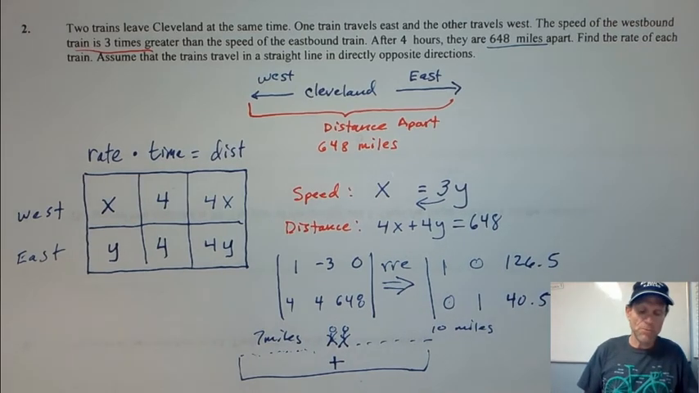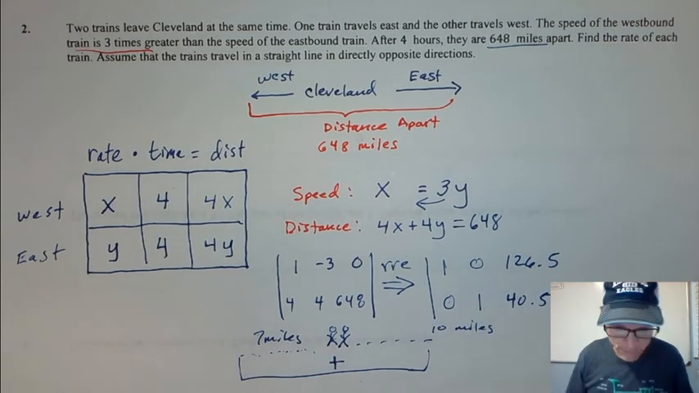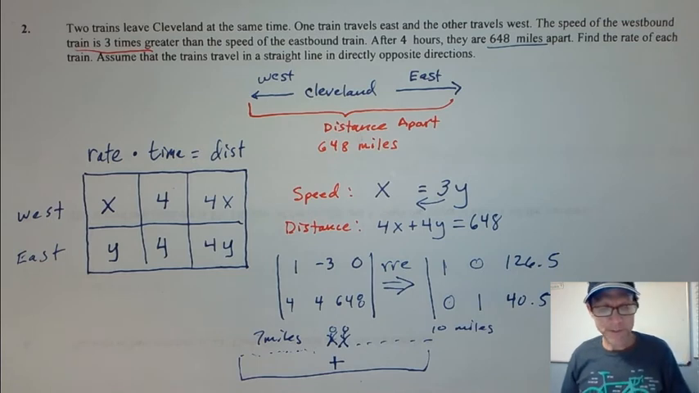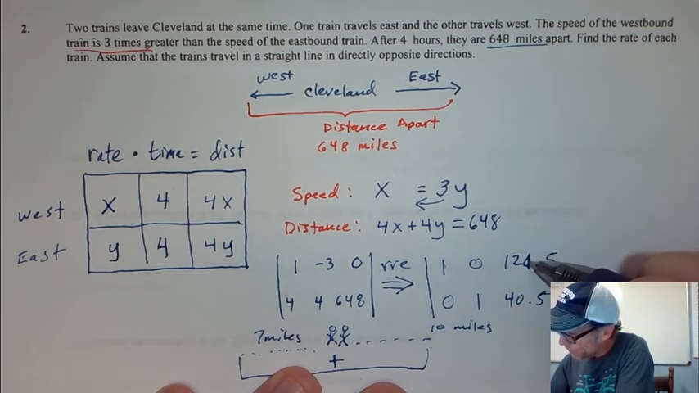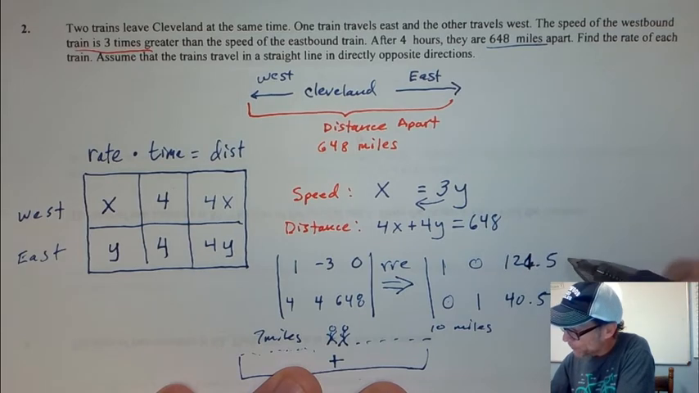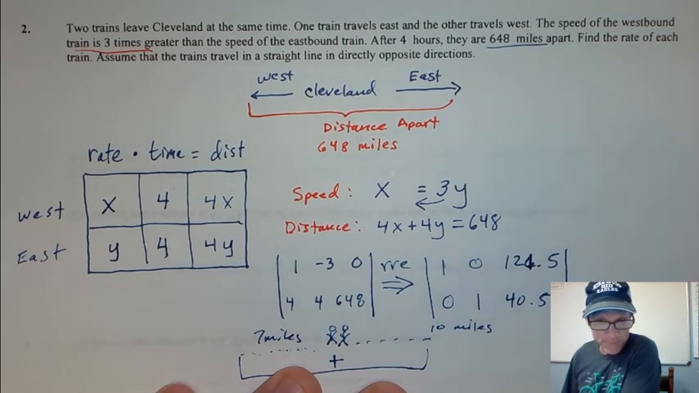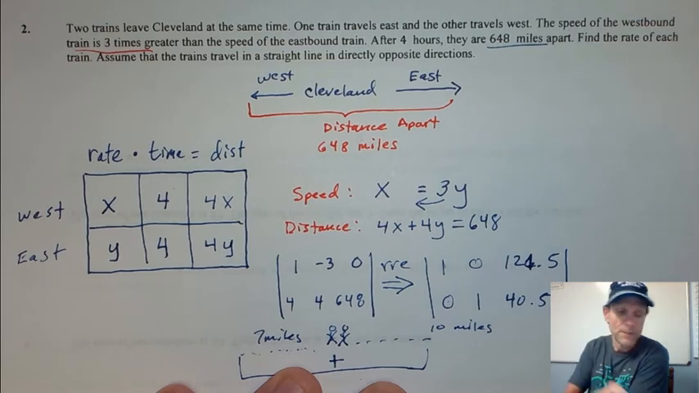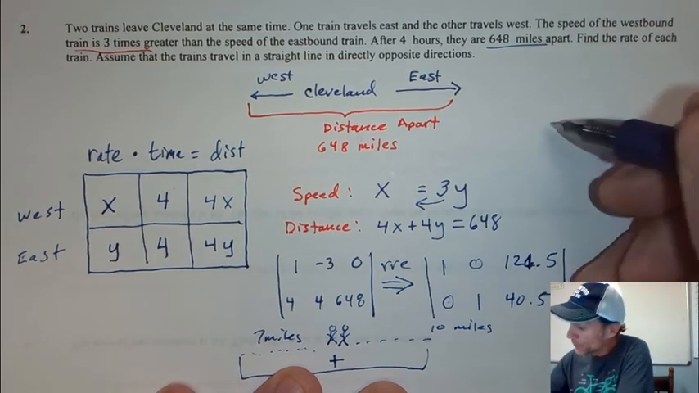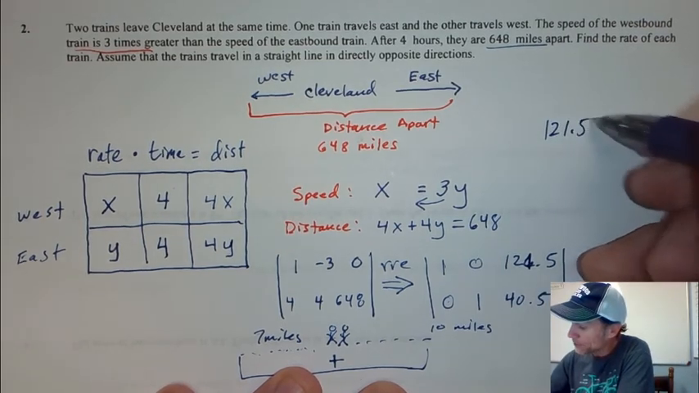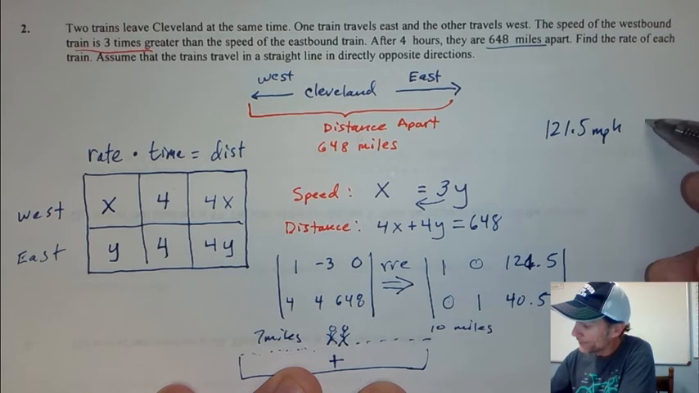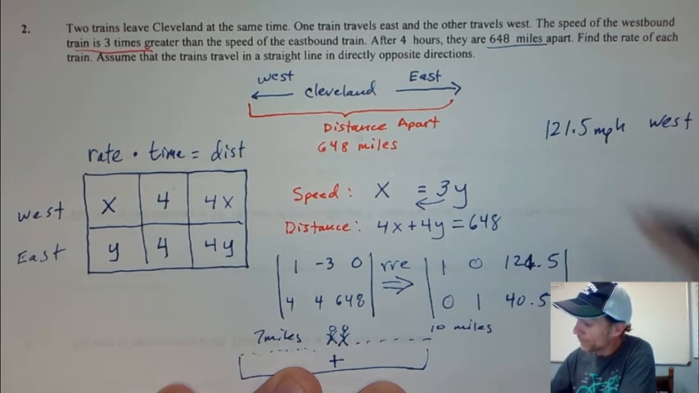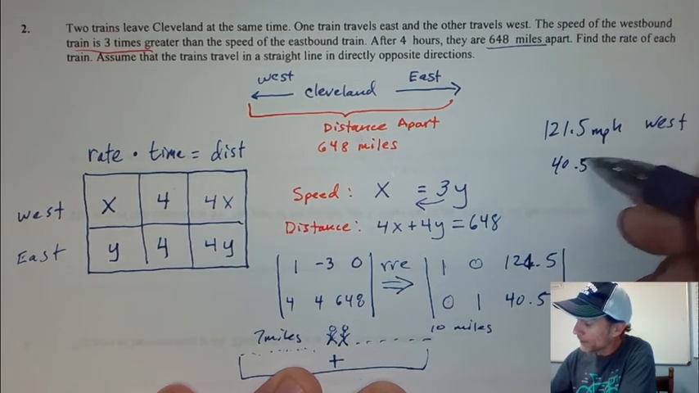Unfortunately, I wrote so small I have to put my glasses on to read my own notes here, and it's actually 121. Okay, 121.5 and 40.5. So we have 121.5 miles per hour for the faster train, which is the west train,